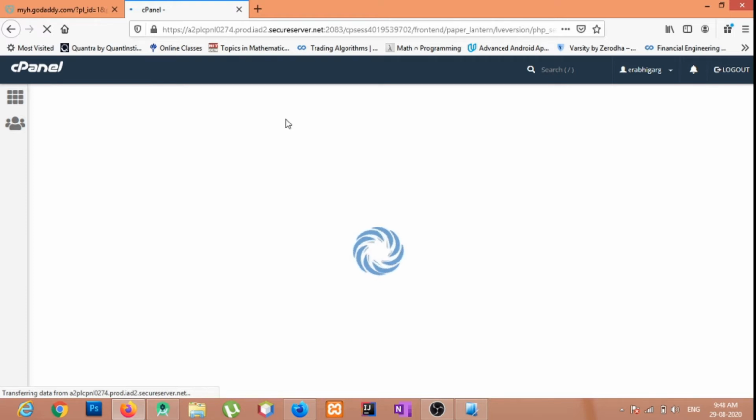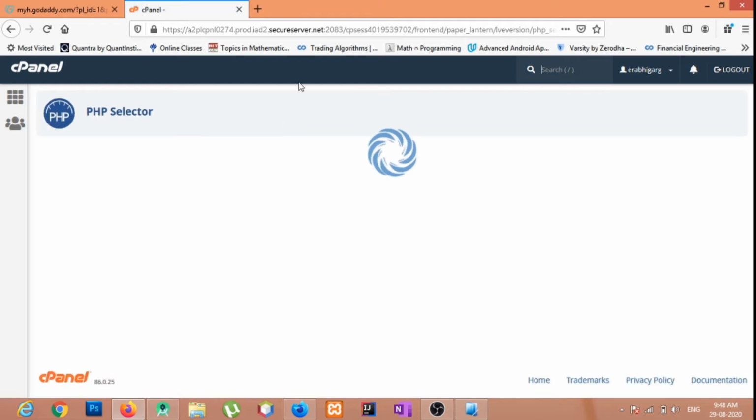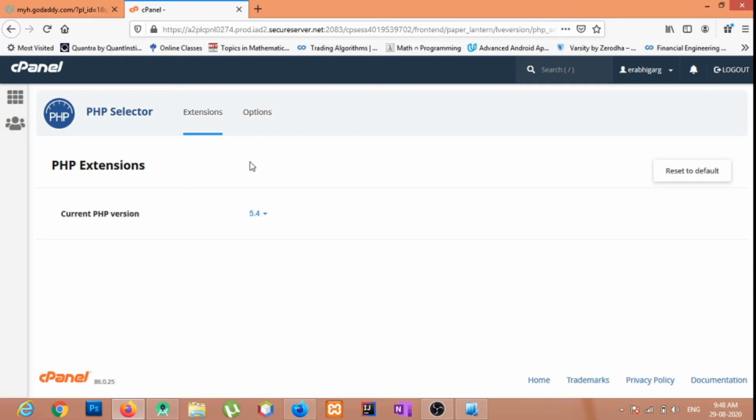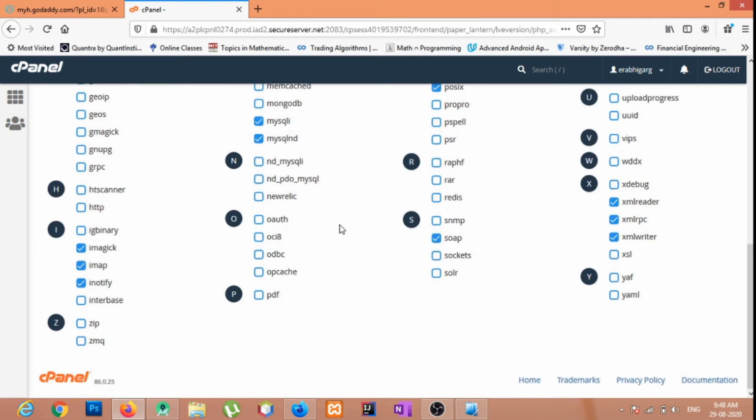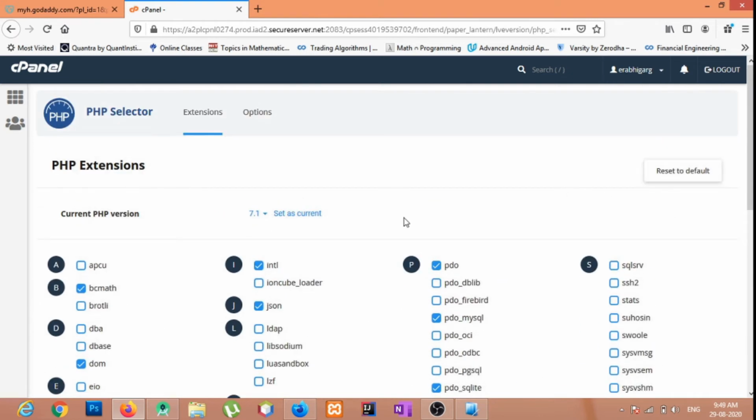Since this website is hosted from a long time back, I was using PHP 5.4. This website has been live for almost 6 years now. So I'll set the PHP version to 7.1. So I'm done with this.